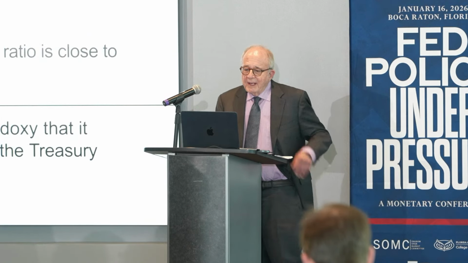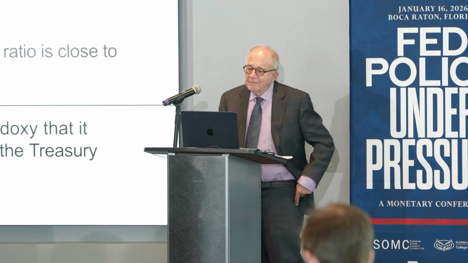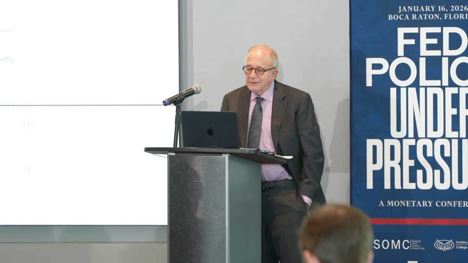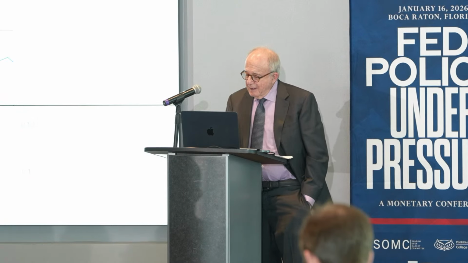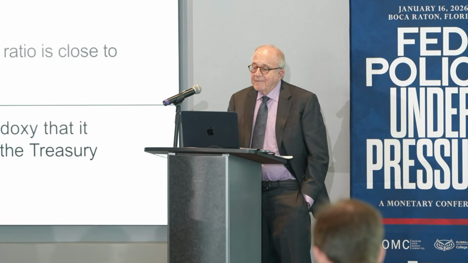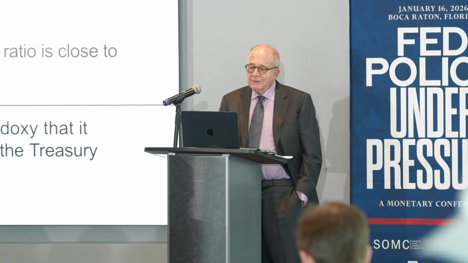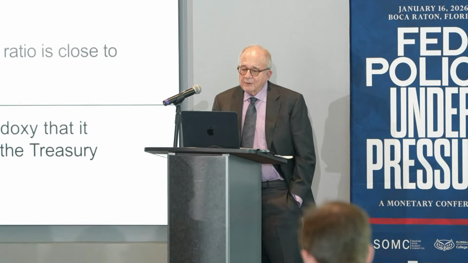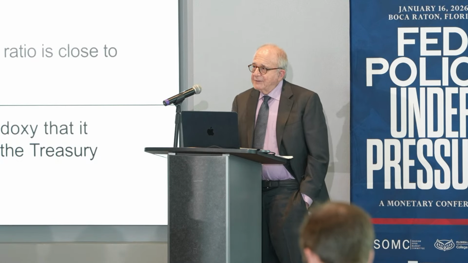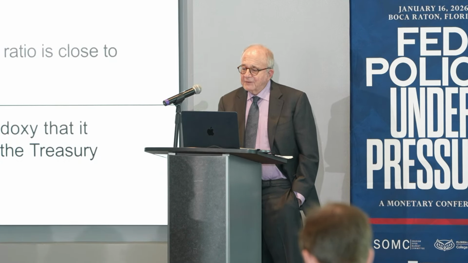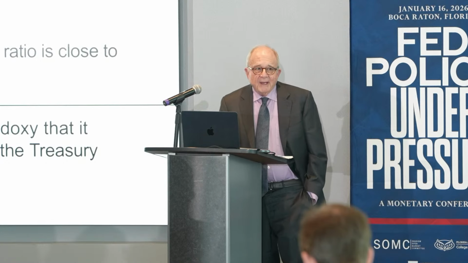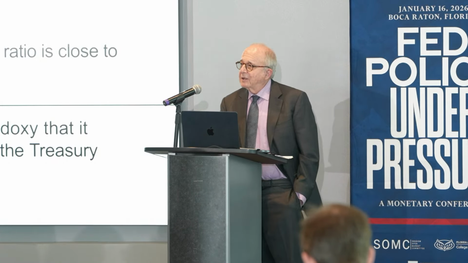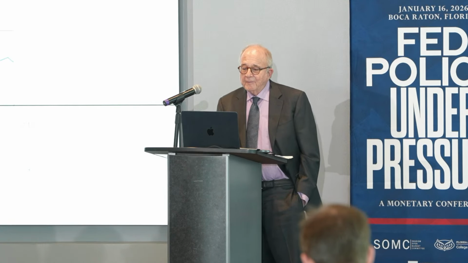So today, the U.S. has a high and rising fiscal deficit with no relief in sight. This is the primary deficit. The federal government's debt to GDP ratio is close to 100%, which is a level not seen since World War II. The U.S. is in peril of abandoning the fiscal orthodoxy that it adopted from the British two centuries ago, called the Treasury view.